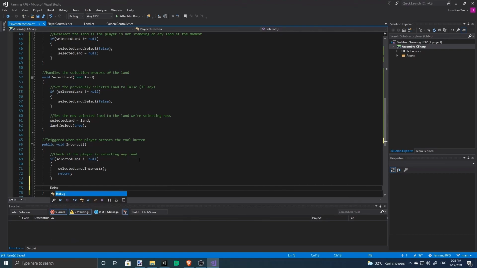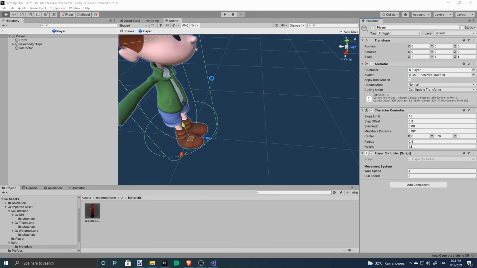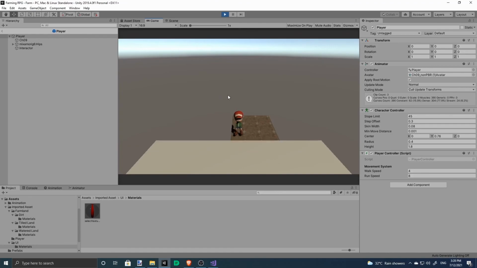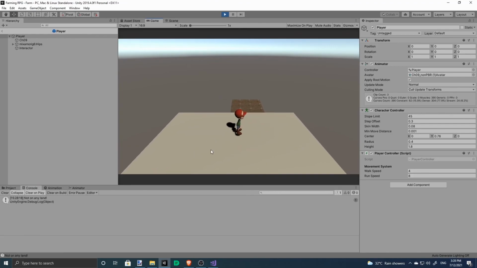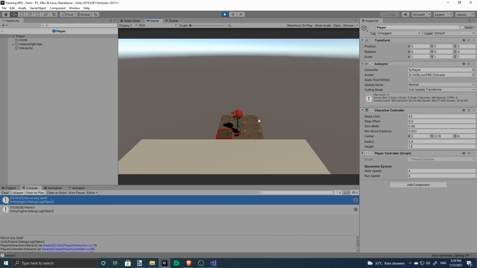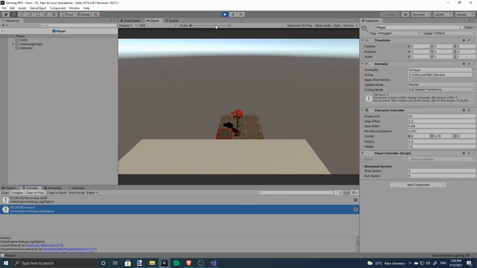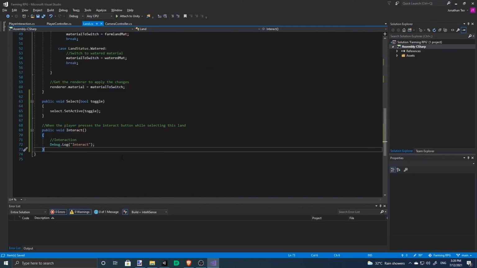Else, it's going to debug.log, tell me that it's not on any. Right. Let's see how it works out. So when our player is not standing on any land, it's going to say not on any land when I click my mouse. So now if I were to stand here, click my mouse, it's going to say interact. It's coming from here.